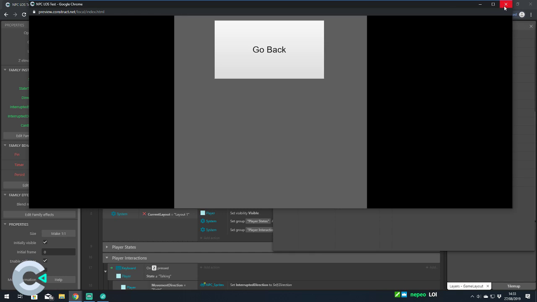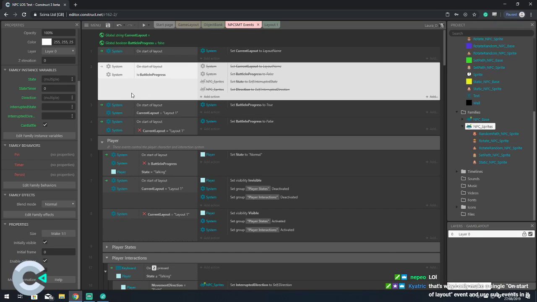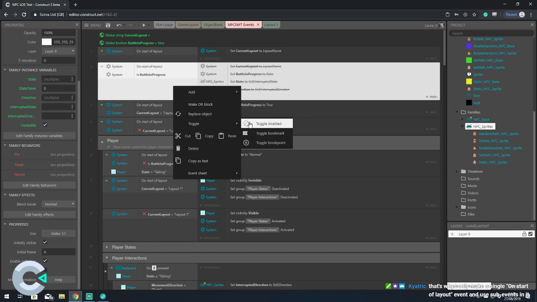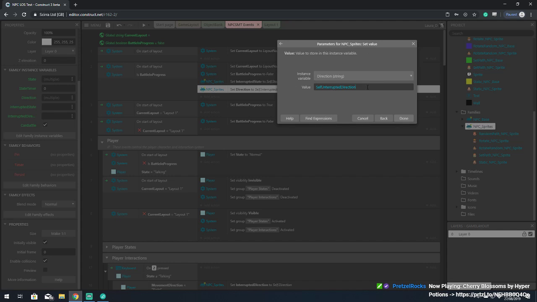So, yes, in my infinite wisdom, I had it set so that the thinking was if it switched to the battle layout, then the sprites would set their state and direction. That should be the other way around. That should be the, hang on. Interrupted state should be set to self.state. That interrupted direction should be set to